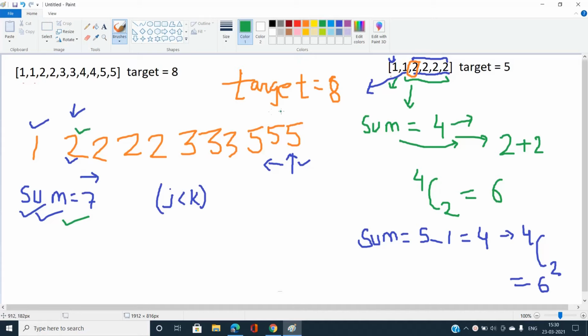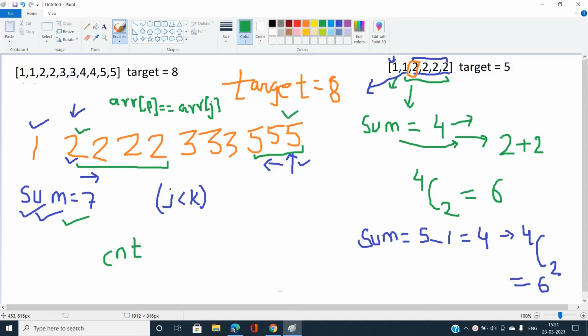I need to find the number of pairs now. And how can we find the number of pairs? You can see there are this many 2's present here and this many 5's present here. So I need to find the number of indices, let's say indices p, such that array of p must be equal to array of j. What are the number of indices that are equal to array of j? Let's name it count1.